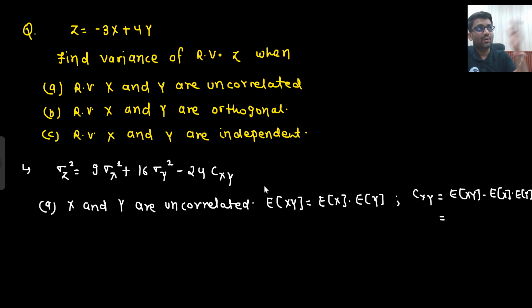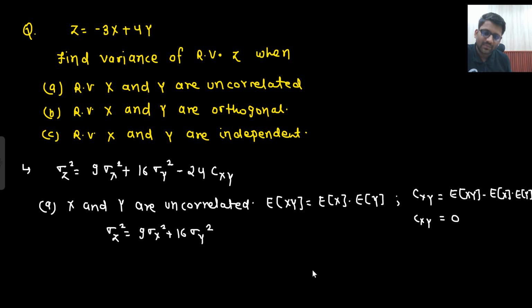But how will you think? Uncorrelated, that means expectation of xy is equal to expectation of x dot expectation of y. That means both are equal, so cxy is equal to 0. So answer for the first one would be sigma z square would be equal to 9 into sigma x square plus 16 sigma y square. That's it. For the second one, if x and y are